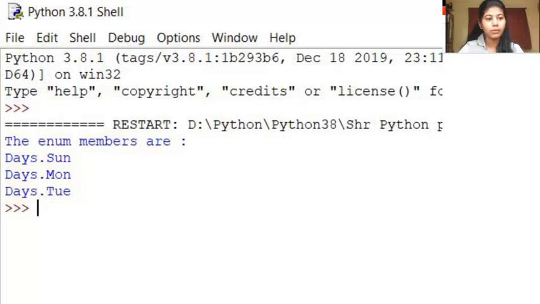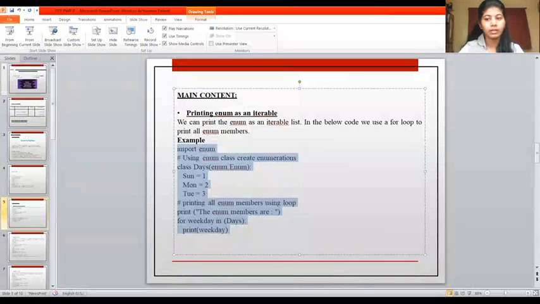Right, it's the days of the week. It's Sunday, Monday, Tuesday. We have only specified 3. Thus, only 3 are visible, that is Sunday, Monday, and Tuesday.